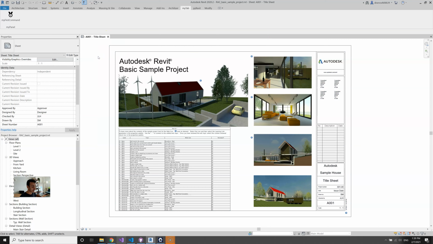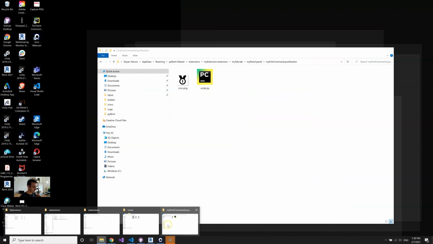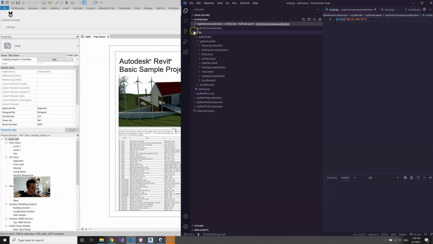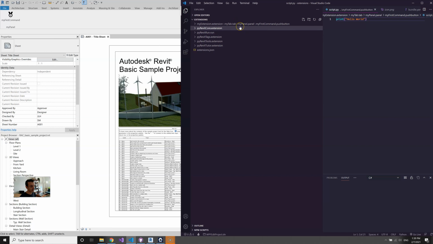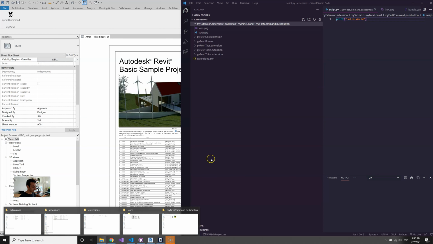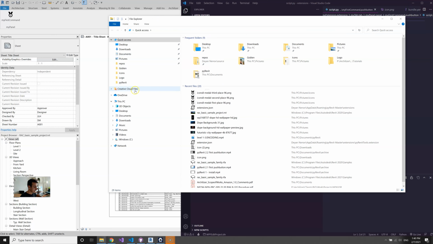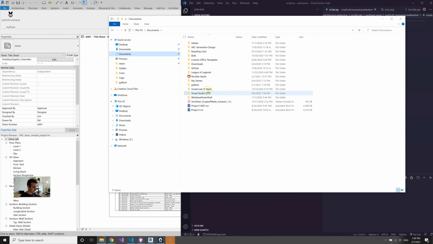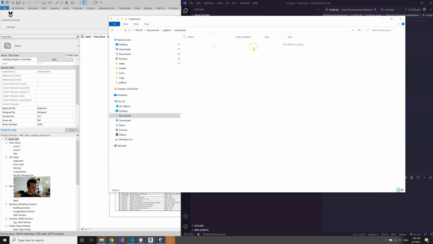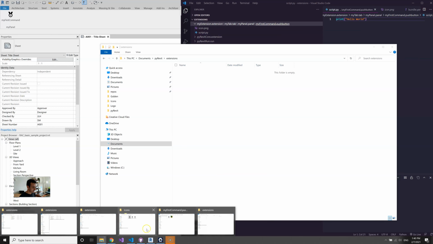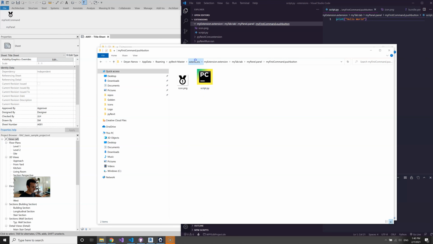So that was really simple. However, that's not the recommended approach, right? Because you are effectively hijacking pyRevit's own structure, and you can potentially mess something up in the future. Basically, that's not the ideal location where you would like to be adding your work. What we can do though is add any folder on your machine and use that as a repository for your work in pyRevit. I'll take my documents, for example, where I've created a pyRevit and extension folder, so I can work in here. I will just copy the whole folder from before, my extension,